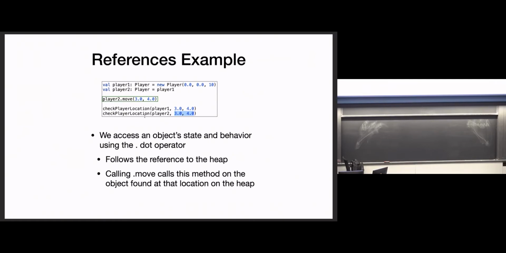And I say both loosely. Both variables move the player to 3, 4 because they're both referring to the same object. There's only one player in this code. They both refer to that same player. And of course, when we get to the LO2 quiz, I'm going to throw this stuff